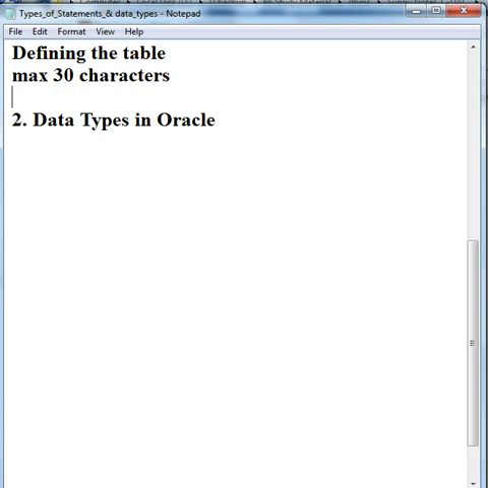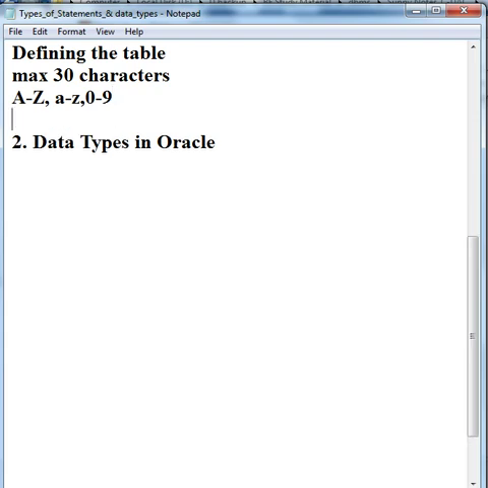We can use A to Z, or 0 to 9. The table name has to begin with an alphabet.